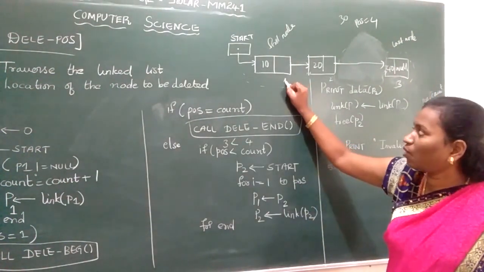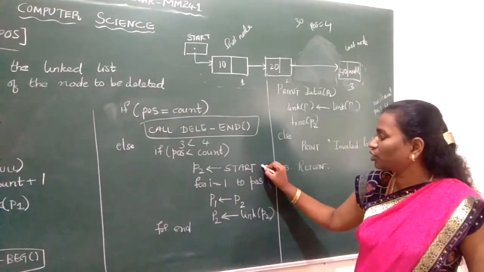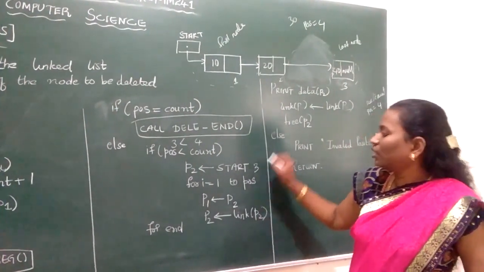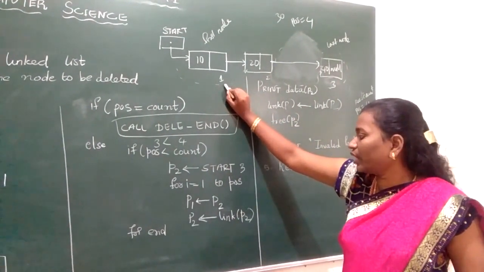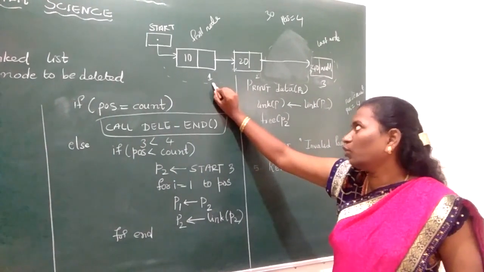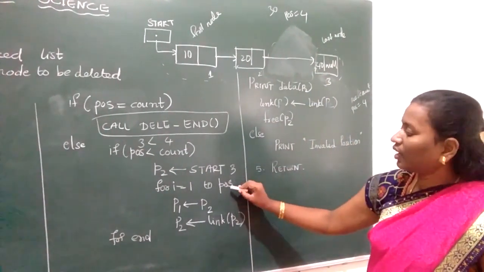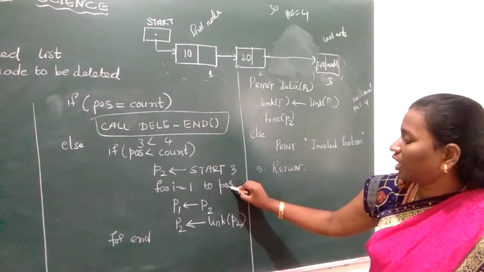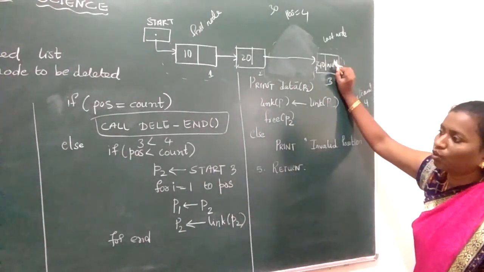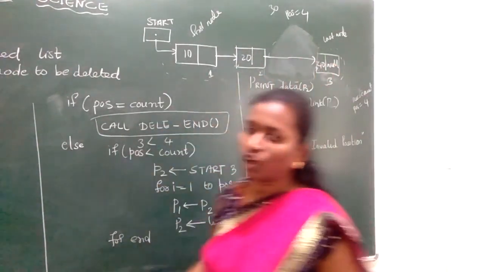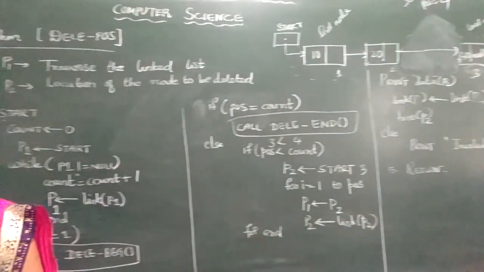First we will be searching for 1. For I is equal to 1 to position. So position is what? Your position is 3. Here we'll be checking whether to delete. No, we'll reach here. Once we reach the position, that is the position is equal to 3, that time we'll just interchange the link and we just delete the node. So I repeat, this is the algorithm to delete the element at the given position.